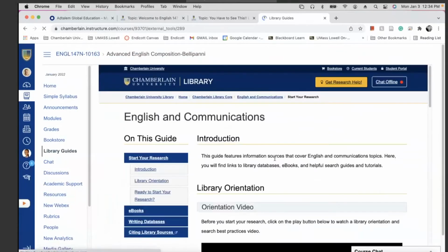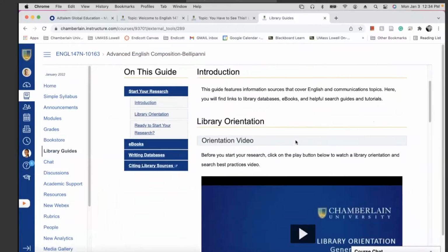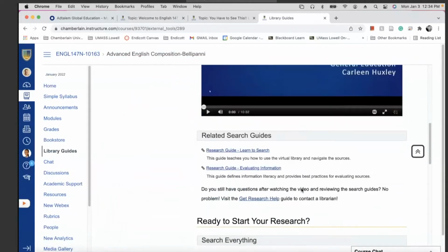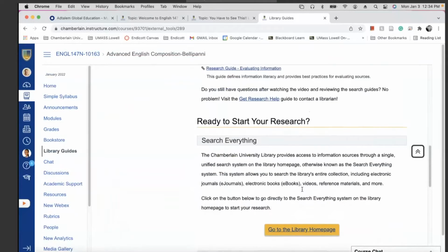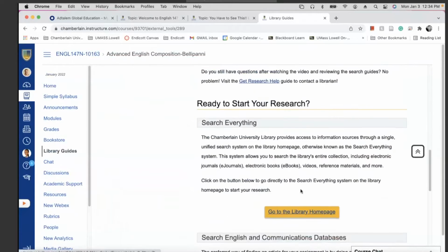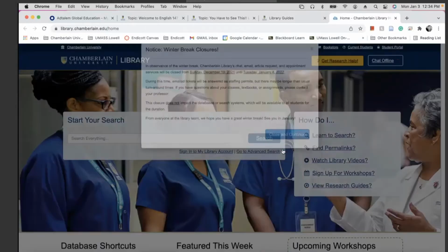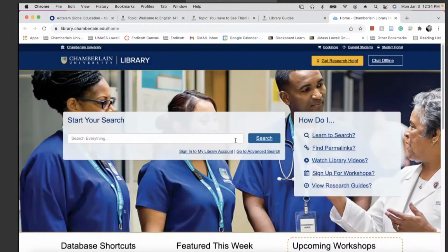So I click on library guide. Here I am in the library guide place. There's an orientation video, which I'm sure is very helpful. So here's how to begin researching. The first thing to do is to scroll all the way down till you get to the library homepage. So we go to the library homepage, and here we have start our search, but you'll see this